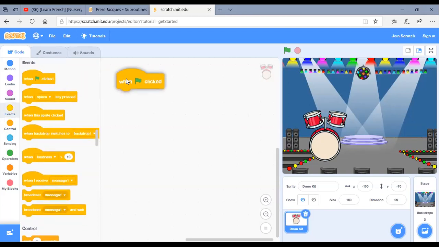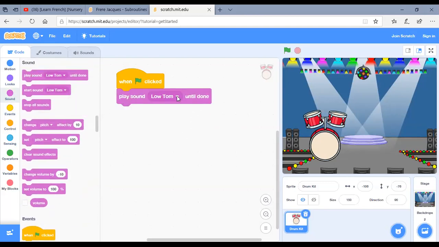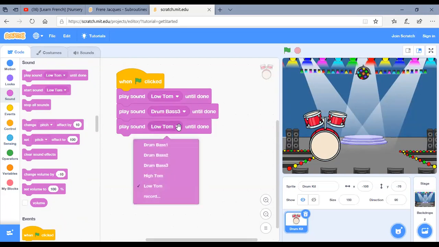When this green flag is clicked, that is how the drum should start its program. And then I go to sound. Then I put this block, okay. Then I can put a few more, and then I can change it and see how that sounds. Right.